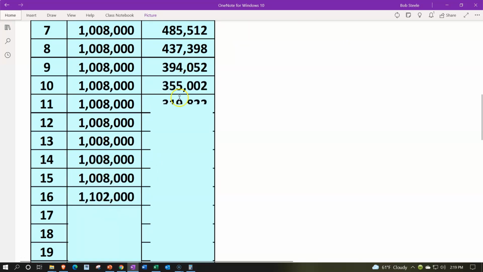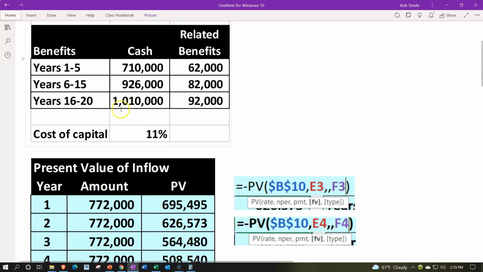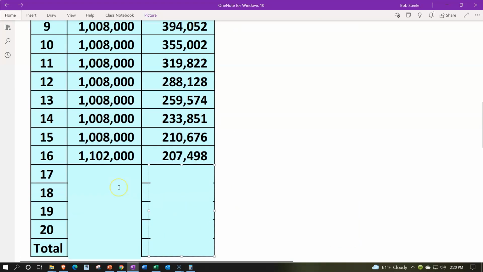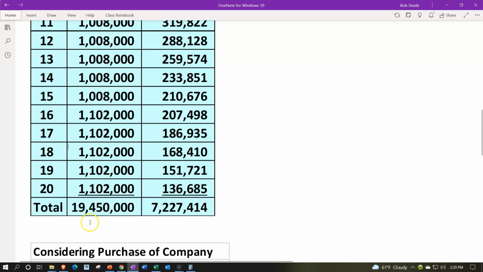16. We have a different amount here because we said from 16 to 20, we're at the 1010 plus the 92, which should be the 1,102 discounted 16 years out at 11%, gives us the 207,498, and 17 years out, discounted to 186,935, and so on. So if we added these up, the total would be the